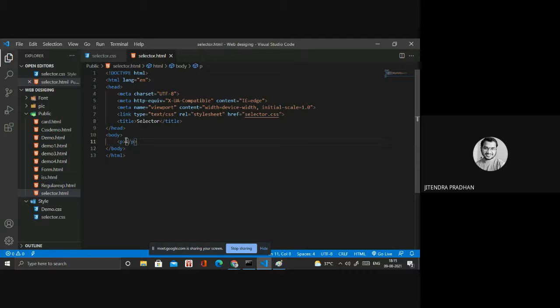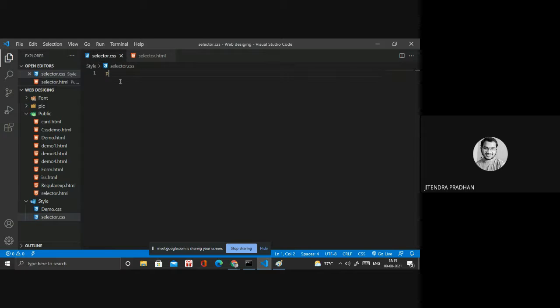Okay, so inside that, if I write for paragraph, this is my first paragraph. Whatever content you need, you have to write inside that. And this one is the text selector. It's the tag we are defining inside the body. So by using the tag, we are designing. It's a text selector or type selector.